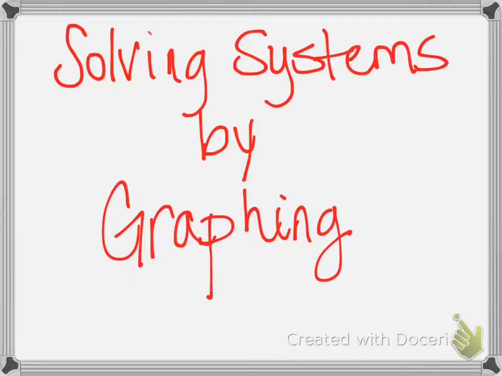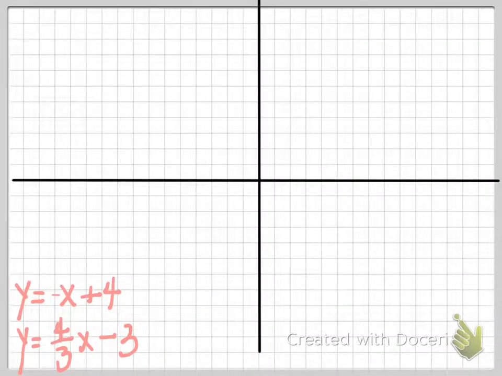We're still talking about systems of equations, and today we're going to look at graphing them. We've solved them by elimination and by substitution, but today's all about graphing. And it's probably one of the simplest ways. There's the least amount of algebra